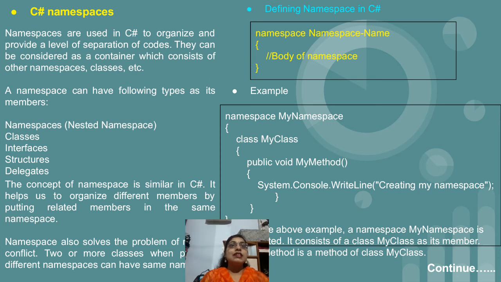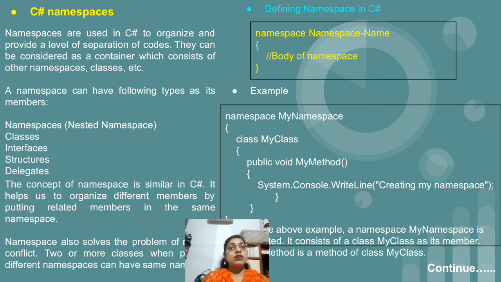So basically, what is a namespace? A namespace is basically a container which contains other namespaces, delegates, methods, structures, interfaces. Just to conveniently write the programs or organize the different members, we make use of namespaces. And because of namespaces, one problem is also solved.